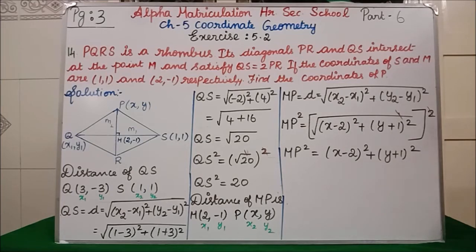Okay, now previously in page number 1 we have got the x value, isn't it? What x value have we got? x is equal to 2y plus 4, we have got, isn't it? That value we are going to substitute here. The remaining portion we will see in page number 4.